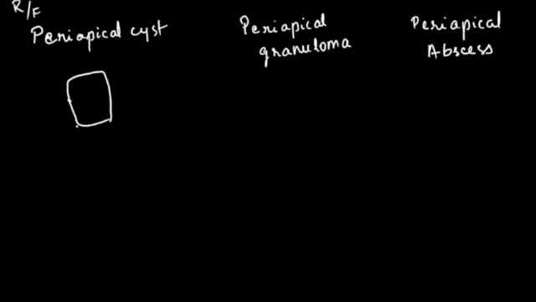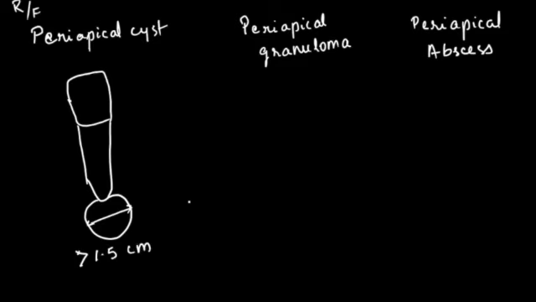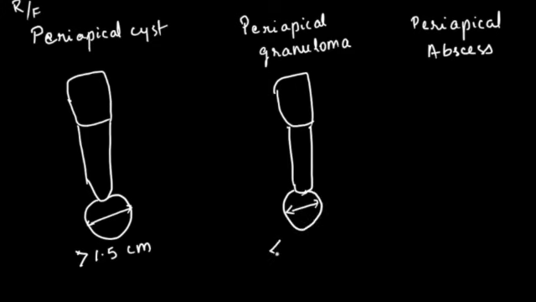If the radiolucency in the periapex is more than 1.5 centimeter, we call it a periapical cyst, whereas if the size of the radiolucency is less than 1.5 centimeter, we call it a periapical granuloma, and both these lesions will be well defined radiolucencies